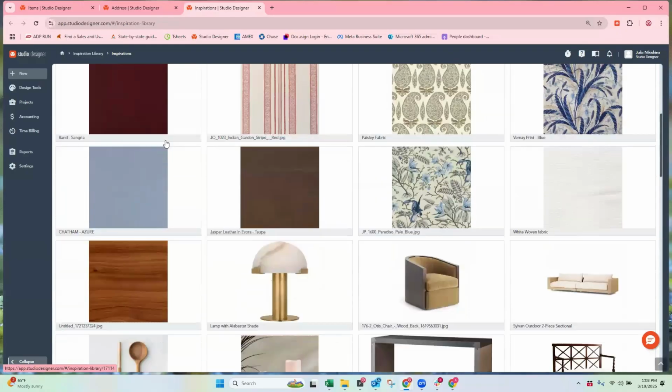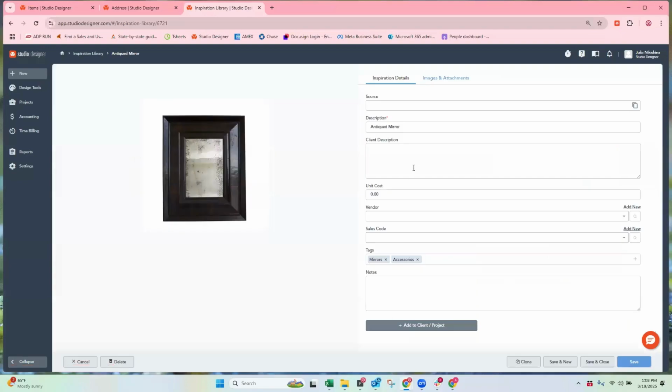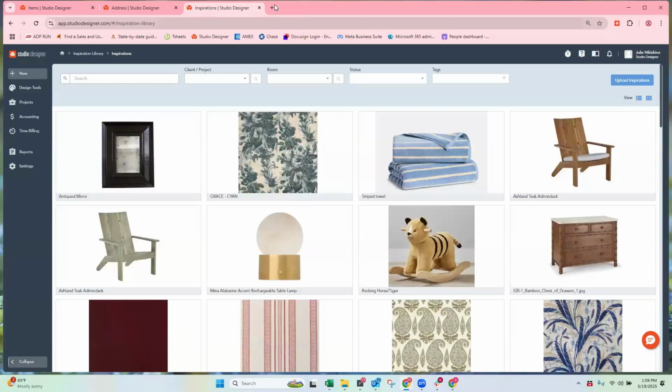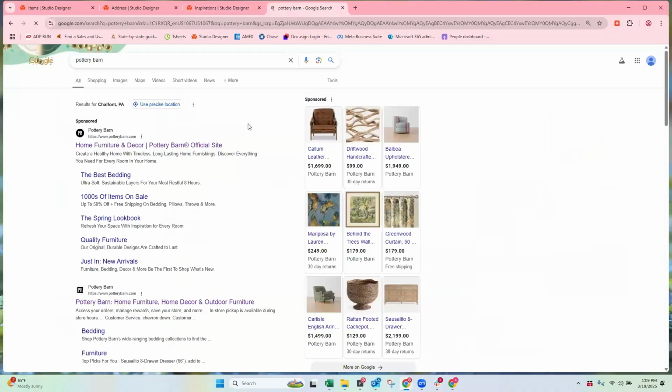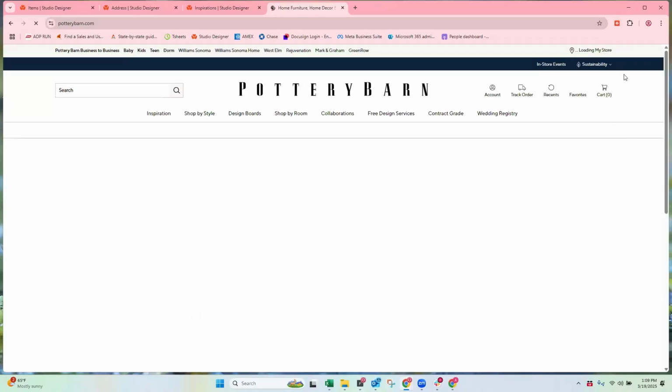Inspirations are searchable, just like your item screen, and they're actually taggable. If you look at this, for example, antique mirror, you're able to add different tags, and a numerous amount of tags. There's not a limited amount to any single inspiration within Studio. And if you'd like to turn this inspiration into an item, you would do it with this great button down here. For those of you too, I usually go to Pottery Barn as my example. So how do you get the inspirations into Studio to begin with? You could obviously manually enter them, or you could always use your Studio widget